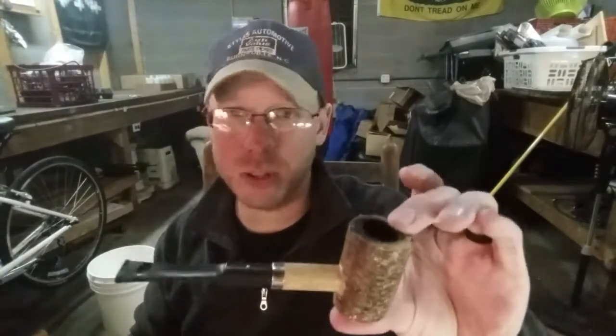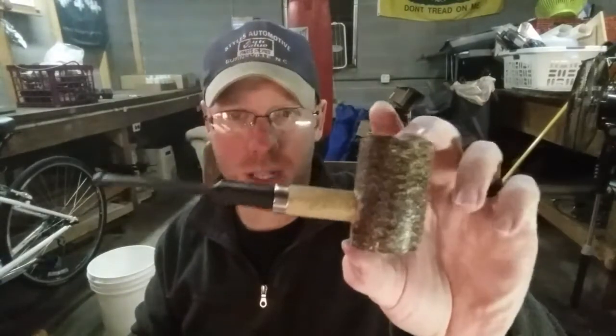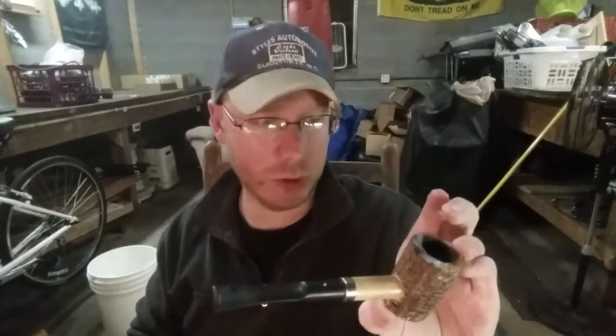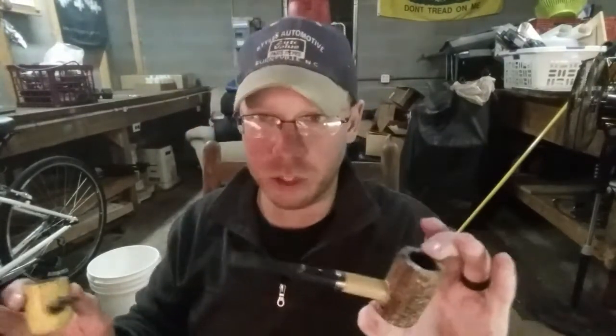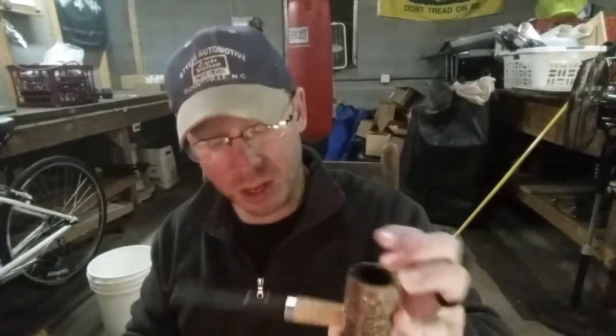A little bit bigger bowl than something like the Legend. I love the finish. I love the band. I love everything about this pipe. I will probably get another Dagner poker in the future, just to have one of each, sort of, now that I've modified this one. But yeah, this is it. This is bury me with this pipe,